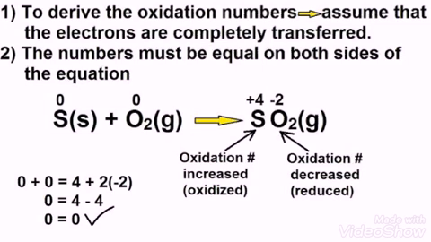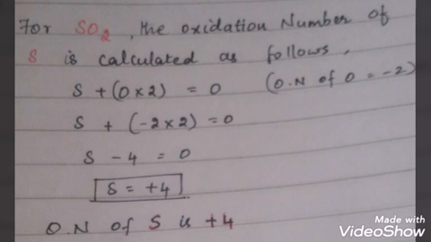Let's calculate the oxidation number of sulfur now. In SO2, we know the value of oxygen as -2. As there are 2 oxygen atoms, multiply this oxidation number -2 with the number of atoms 2, and it becomes -4. So write this as an equation: S minus 4 is equal to 0. 0 is given because SO2 as a molecule has oxidation state 0. On bringing this -4 to the right side, it becomes +4, which is the oxidation number of sulfur. So sulfur now has the oxidation number +4.